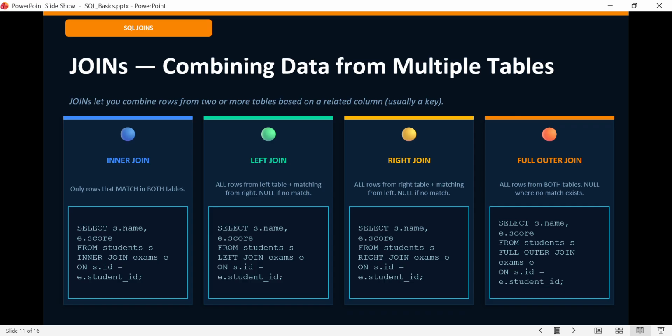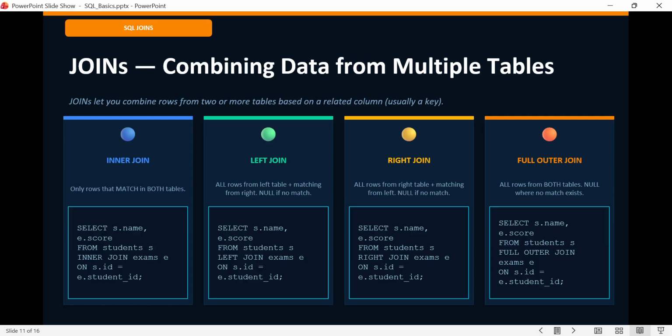INNER JOIN returns only the rows that have a matching value in both tables. If a student has no exam record, they are excluded. If an exam has no matching student, it is excluded. Only the intersection, the overlap, comes through.